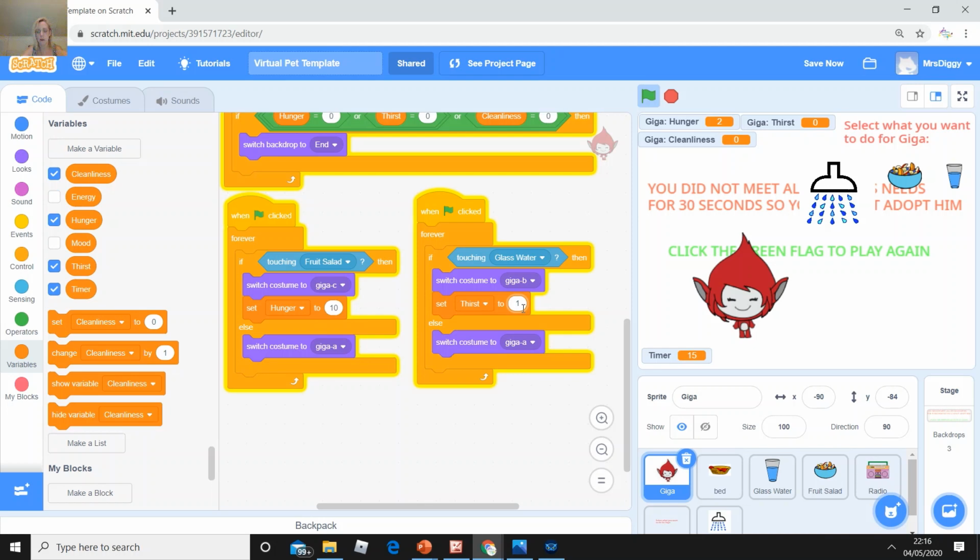If touching glass of water, then switch costume and change thirst to 10. So let's test that as well. Click the water, and thirst has gone back up to 10. Lovely. And then we don't have a conditional statement on Giga at the moment for if touching the shower, because